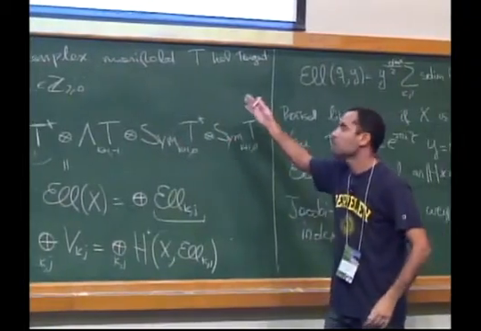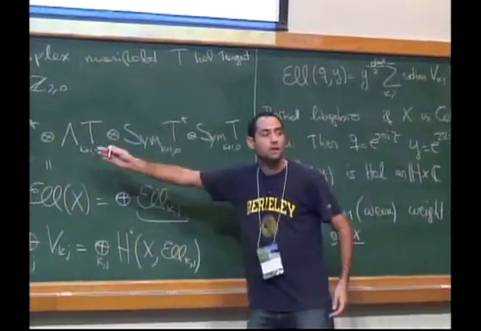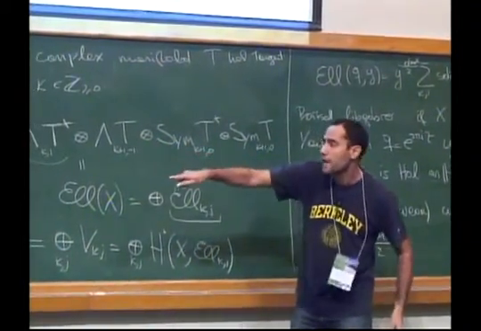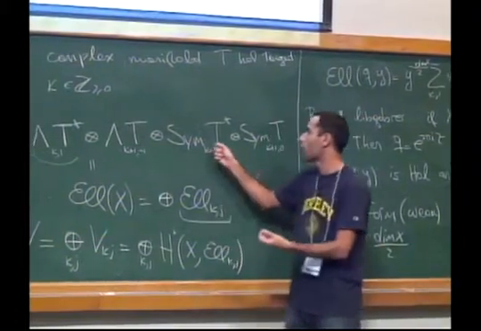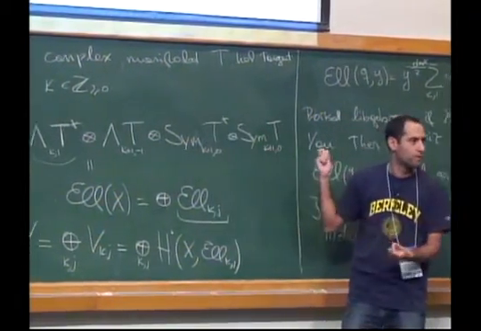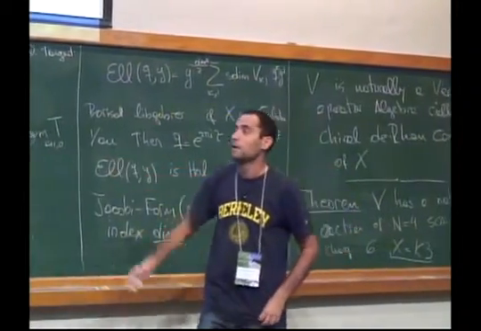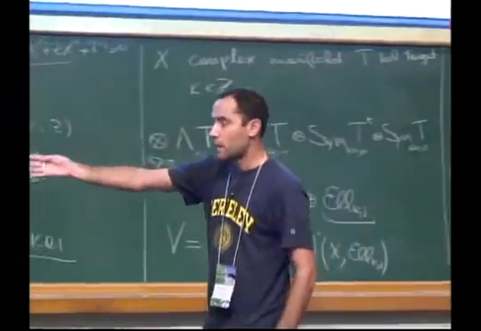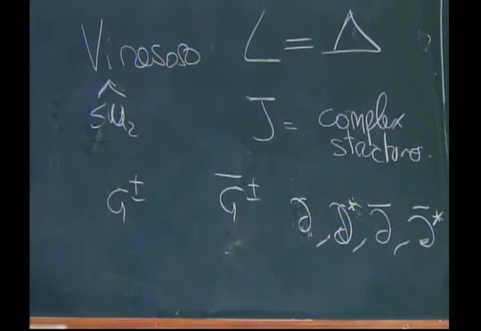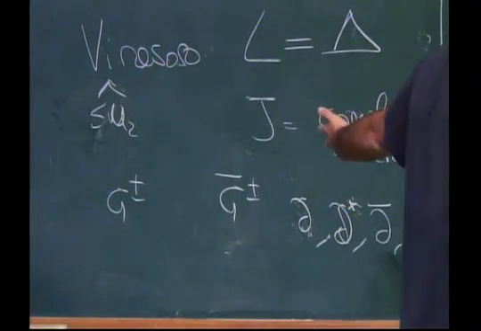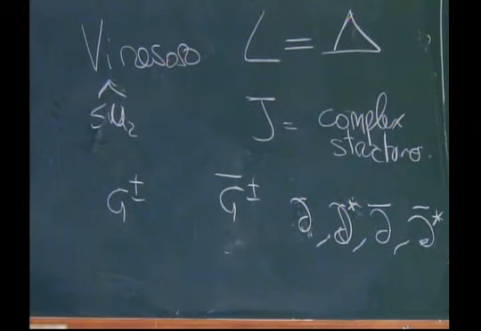The J's really act as endomorphisms of each of these bundles. The subindex M only moves from one copy of T to the next copy of T in a different degree. You have many copies of the same bundles. And then the other operators act as I just mentioned. So the L acts as the Laplacian, and this G plus and G minus act as the del bar and del stars. So that's more or less the idea as to how you would prove the action of n equals 4 in this algebra. All right,